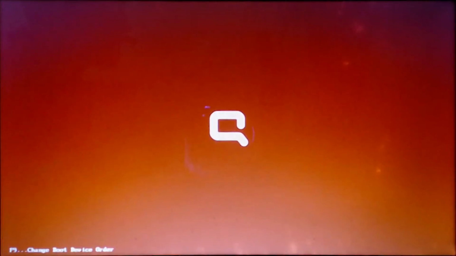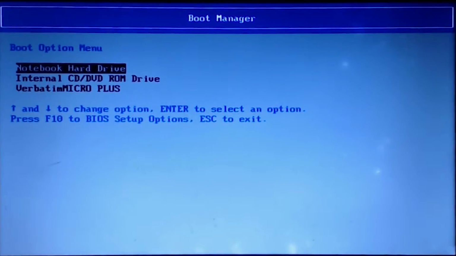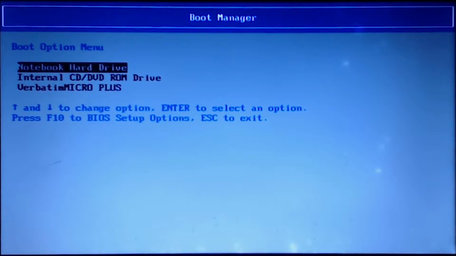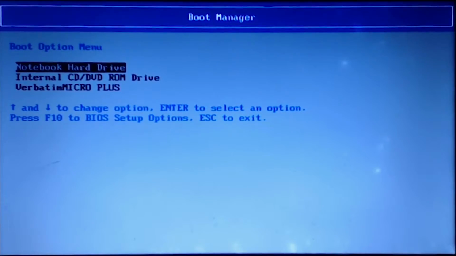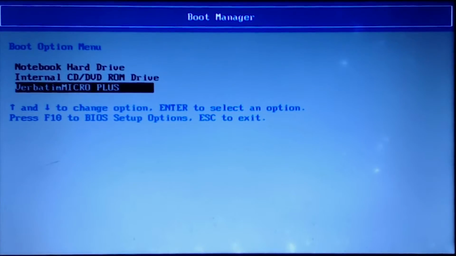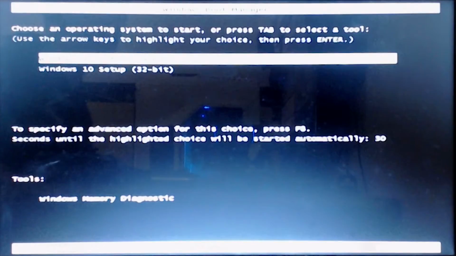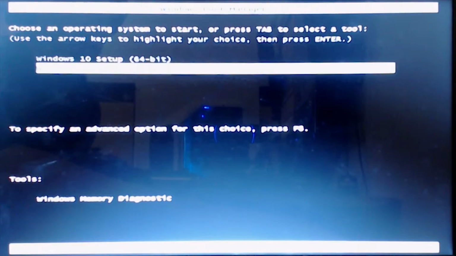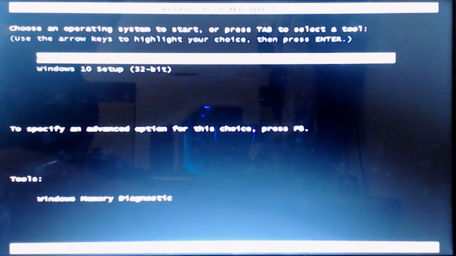There we go. And as soon as it boots up, we're going to continuously hit your boot menu button, and there we go. Now you'll see it gives me the three options: your notebook hard drive, internal CD DVD-ROM drive, or the Verbatim Micro Plus that I am using. I'm going to go down and select the Verbatim Micro Plus, hit enter, and it will start loading the Windows that I have there. Okay, it's giving me the option for 64 or 32-bit. This is a 64-bit processor in this laptop, and press enter,